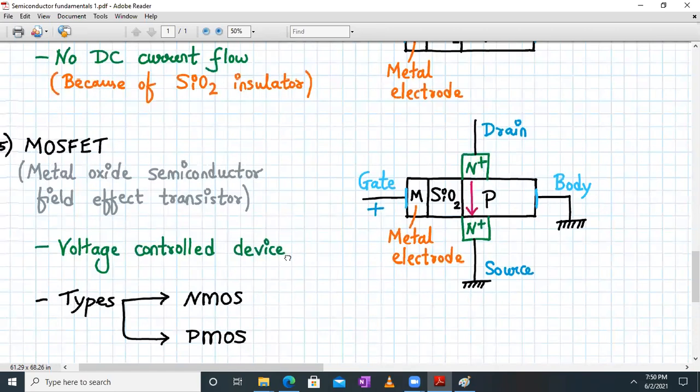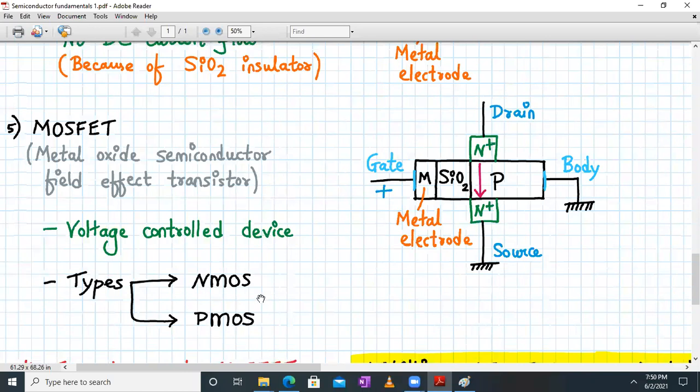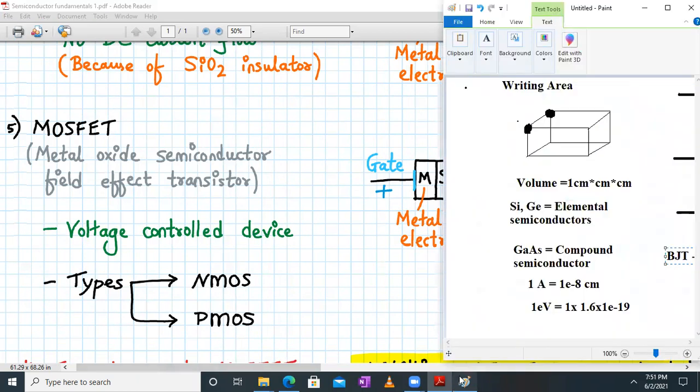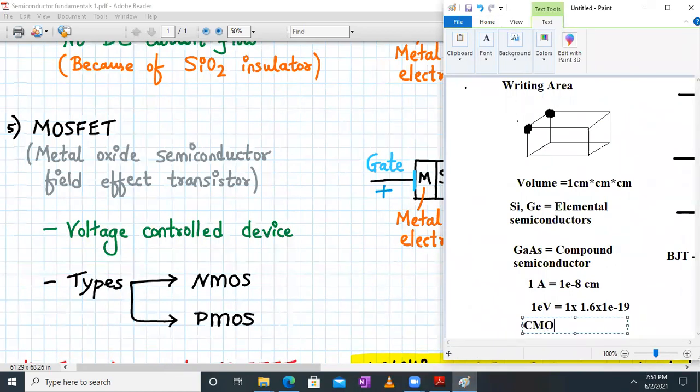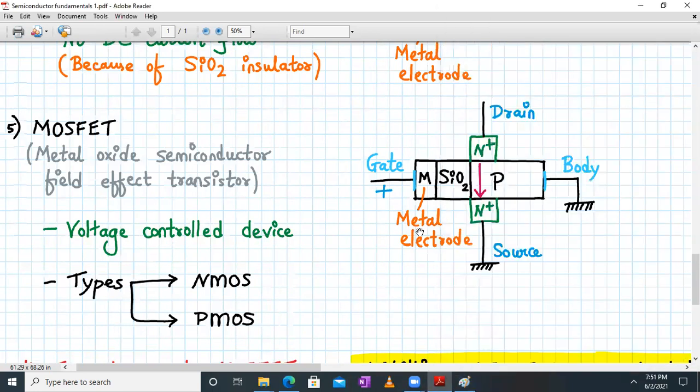We will study how the gate to source voltage and drain to source voltage controls the amount of current flow in a MOSFET. So there are two types of MOSFET: NMOS, which is an N-channel MOSFET. So the structure seen over here is an NMOS, N-channel MOSFET, and we have P-channel MOSFET also. Okay, and whenever we have an NMOS and a PMOS together in a device, we call it a CMOS, which is also an extremely important device. CMOS, complementary MOS field effect transistor.